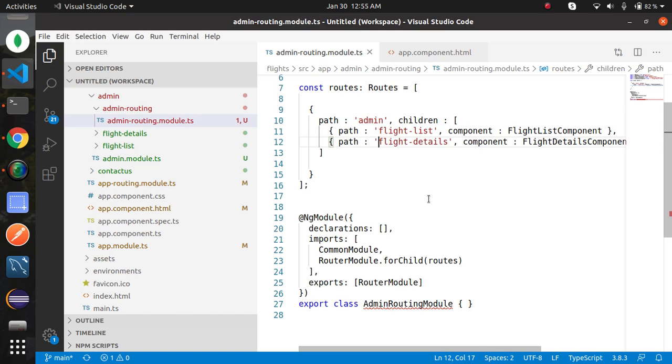Now moving on to the parameter section. Suppose in the upcoming videos we will fetch data on the basis of IDs. Here I am going to provide some view on the routing parameters. Let's look at how we can pass a parameter in routing and how we can access the value of the routing parameter. Suppose we have to fetch the list of all the flights on the basis of ID.